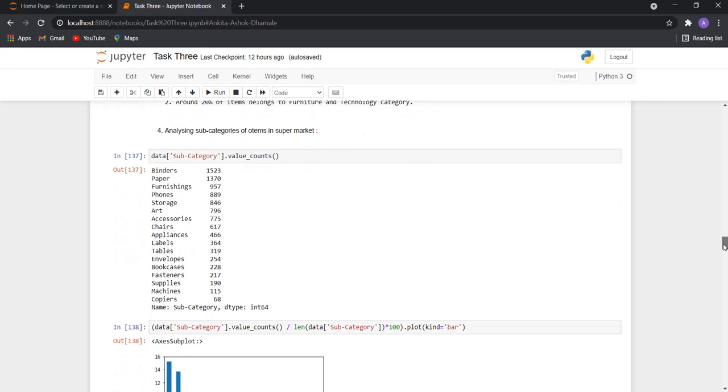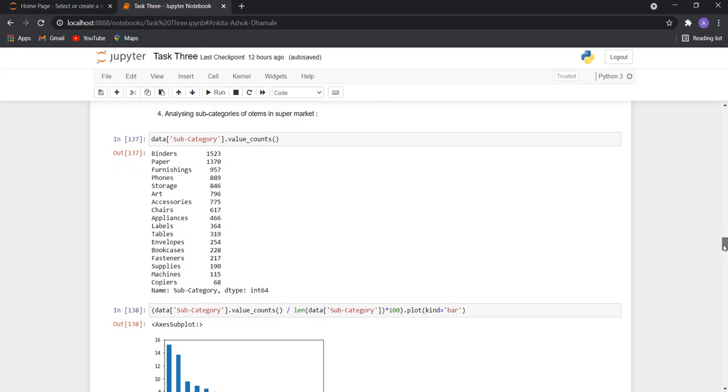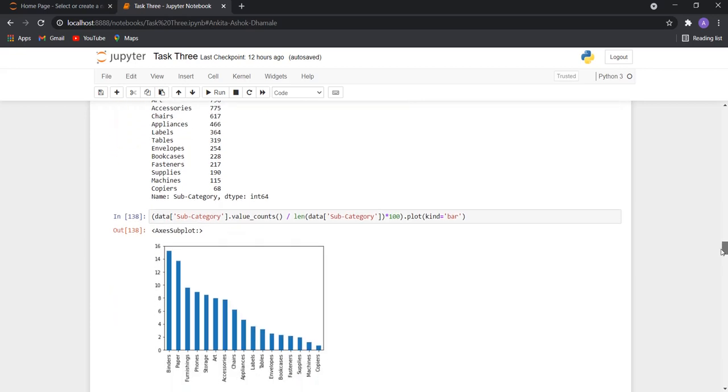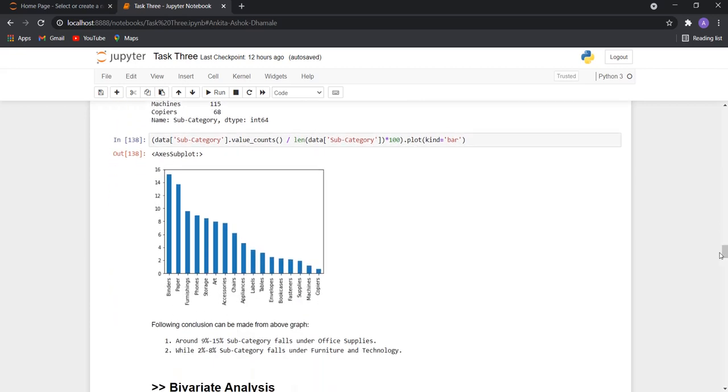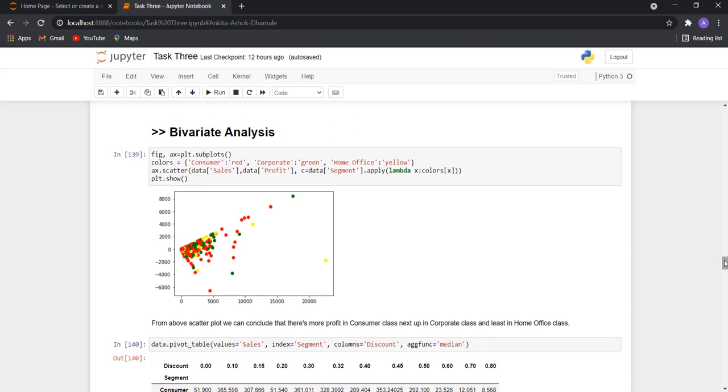For details, we need to analyze subcategories, which includes 17 different items. And these are the plotted graph, which includes paper, furniture, chair, arts, etc. And here we find that almost 19 to 15% of subcategories fall under office supplies and 2 to 8% of subcategories fall under furniture and technology. So for detailed study, we need to